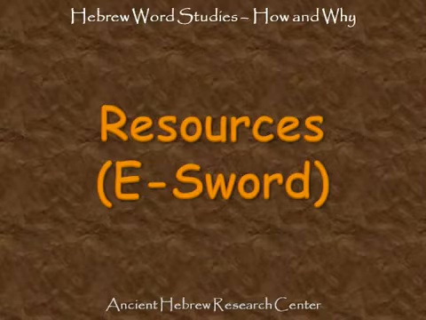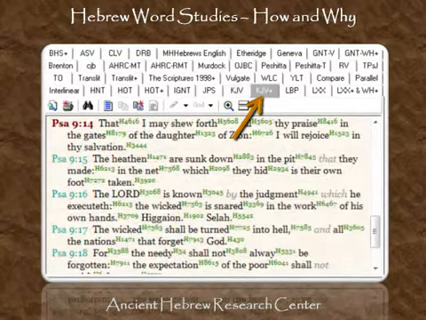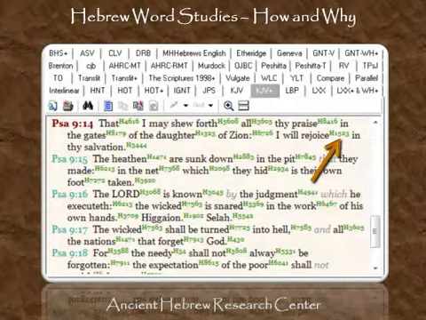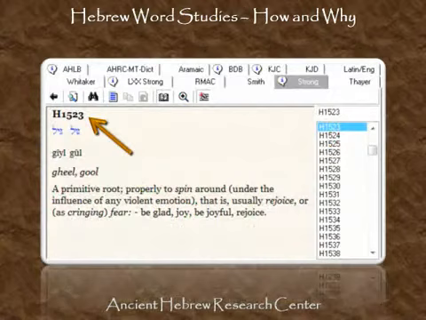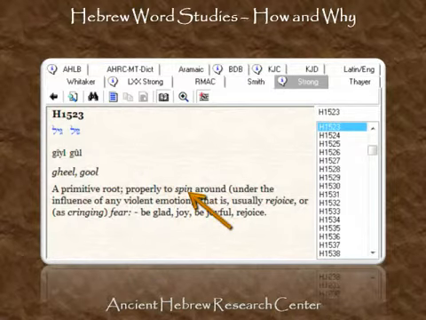www.e-sword.net. And it comes with a King James translation, as we see here, but it also comes with a King James Version Plus. That plus means that it includes the Strong's numbers for each of the words. So here we have Psalms 9 verse 14, and here's our word rejoice with Strong's number 1523. Now if you double click on that, down at the bottom, you'll see the Strong's dictionary, which you can also download from eSword, and it tells us 1523 is the Hebrew word gul and means to spin around. You can also